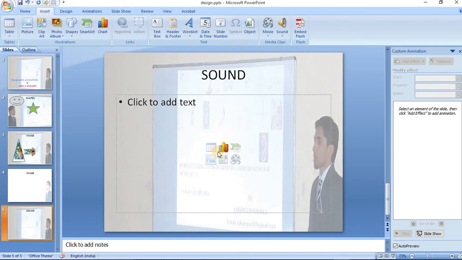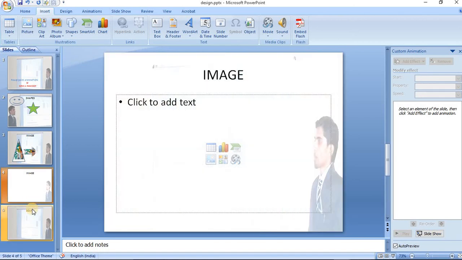So like this way you can add the sound, movies, and make your slide more interesting. Let me show you how it will work.